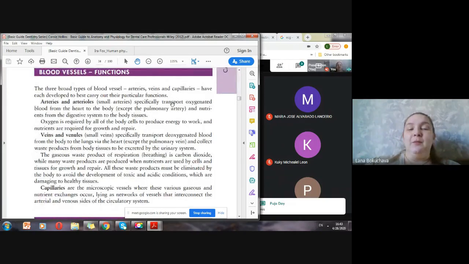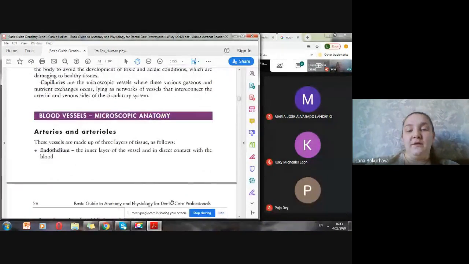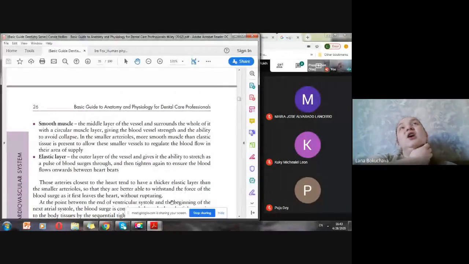Let's go through some functions of the blood vessels, and that's where we'll finish for today. In the next lecture, I will go through all of this information till the end of cardiology. As a result, in the case of your midterm, you will have, please write it down,